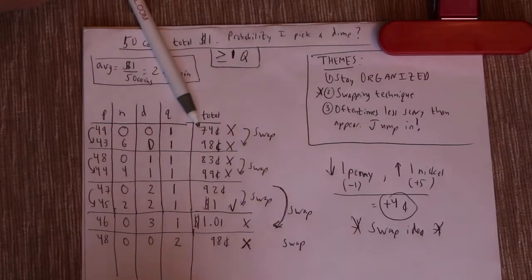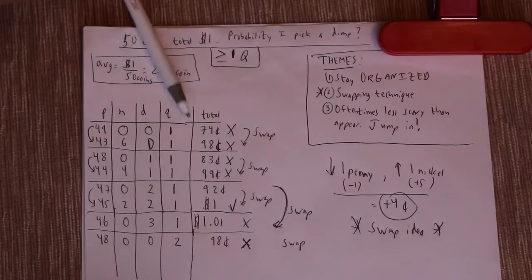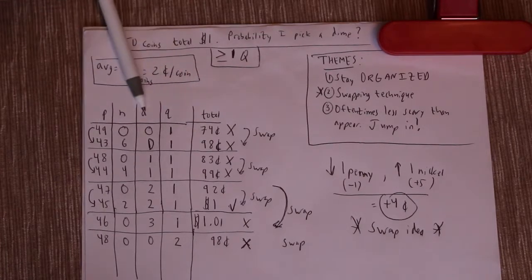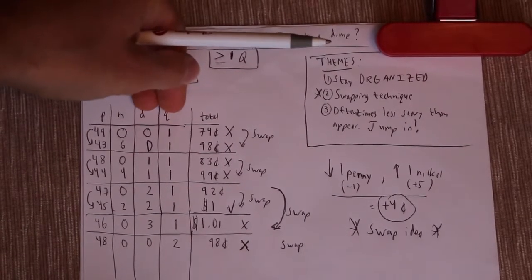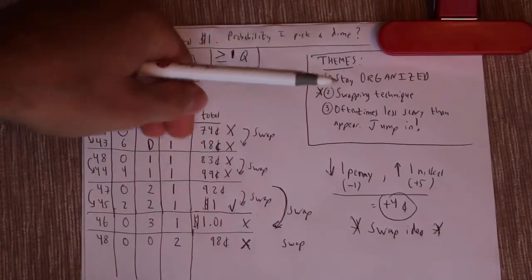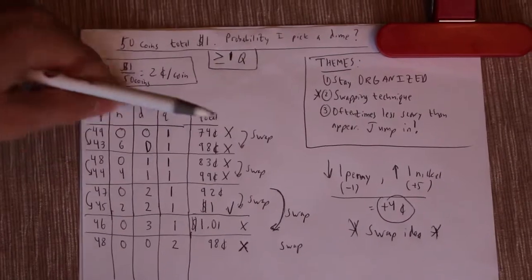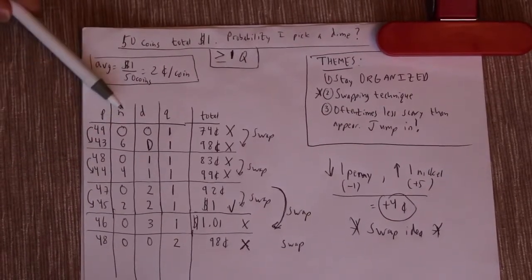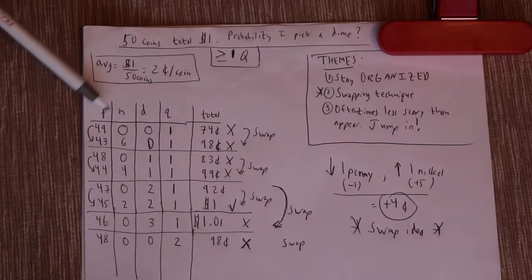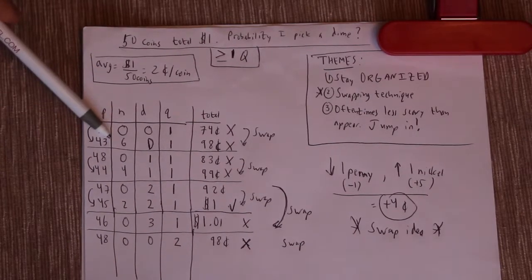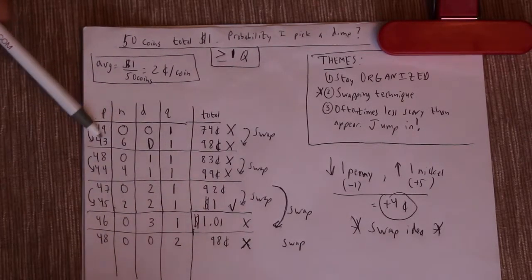The first thing I'm going to try to do is not touch the quarters and the dimes. So think of your D and your Q as columns. We're not going to really move a lot. We're only going to change them across cases, but within a case, we're really just playing with the pennies and the nickels. Now, the usual way of doing this is to try to figure out these numbers, and it takes a lot of time.